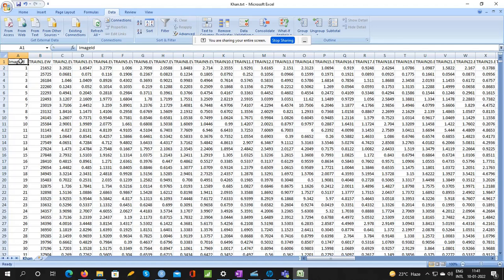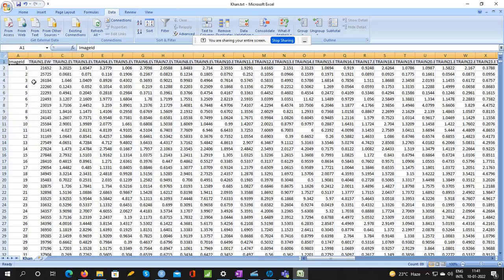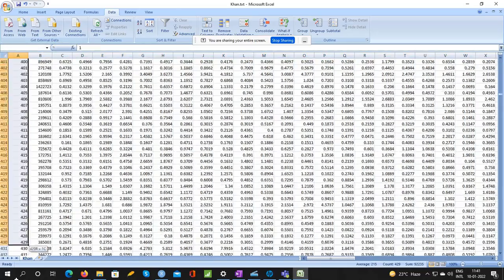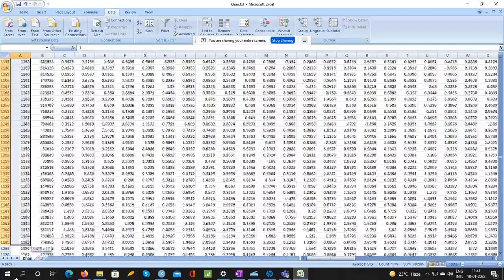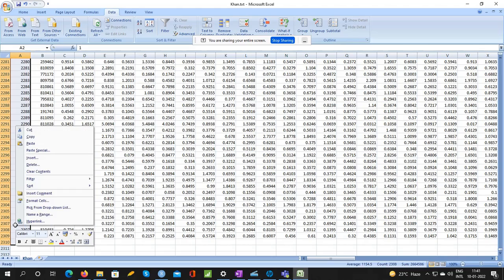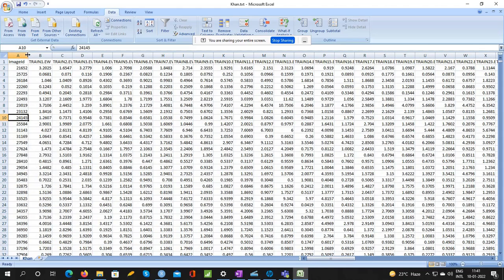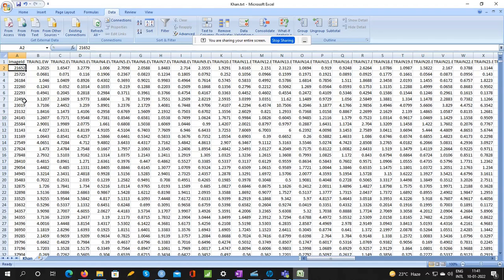See, my names are shifted. When you write data from R, many a times your names get shifted, so that has happened. So actually we don't need this serial number column. Serial numbers are anyway there in the Excel file. Okay, so image ID, that's what I was suspecting. Image IDs, yes. So image IDs are not serial numbers, they are specific to those images. So we need to retain these names, we need to display these names while showing all our output.